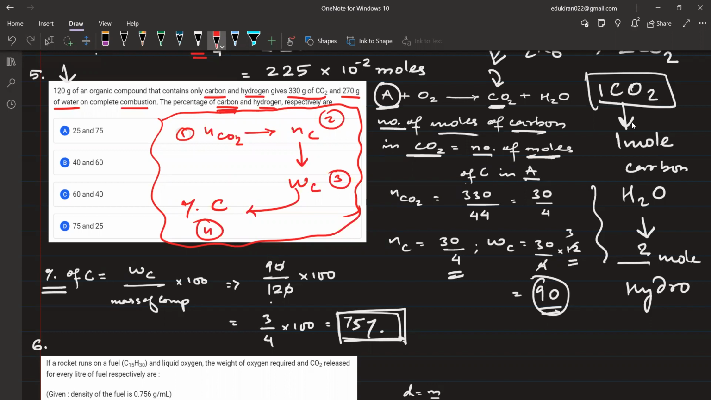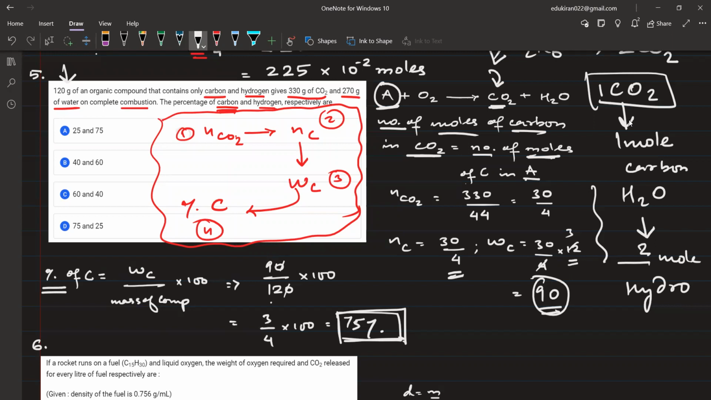सर ये एक बार फिर से समझा दोगे कैसे करो? कौन ये वाला सवाल क्या पूछा हुआ है इसमें, टेल मी। परसेंटेज ऑफ कार्बन एंड हाइड्रोजन। परसेंटेज ऑफ कार्बन और हाइड्रोजन वेयर? सर इन द ऑर्गेनिक कंपाउंड। इन द ऑर्गेनिक कंपाउंड, ठीक है।